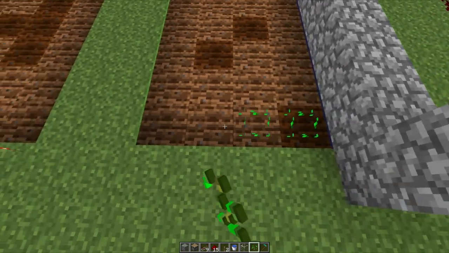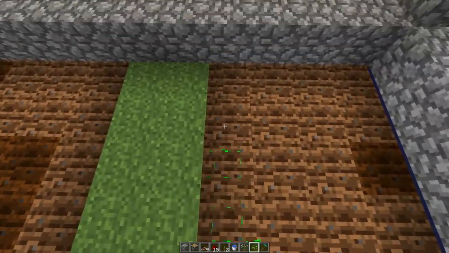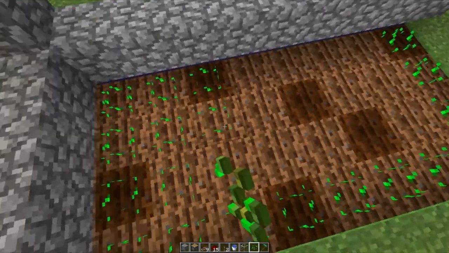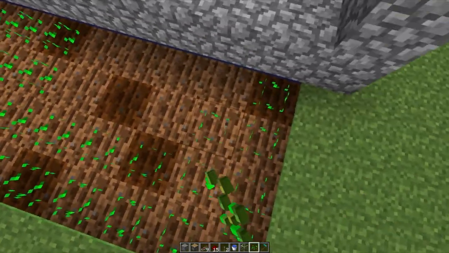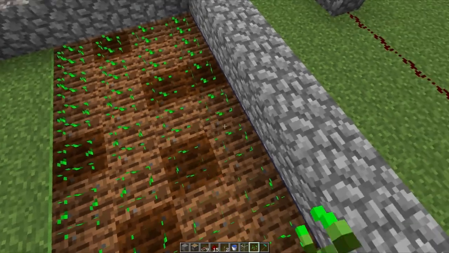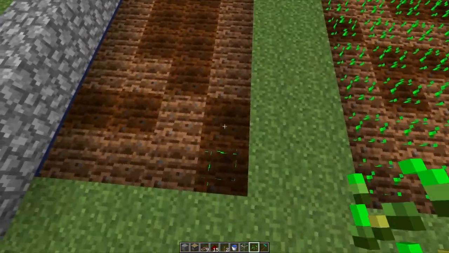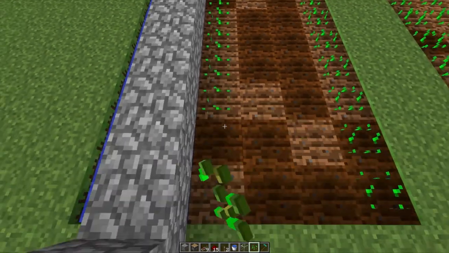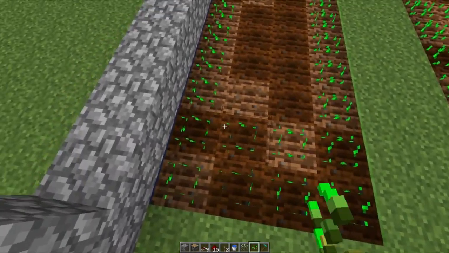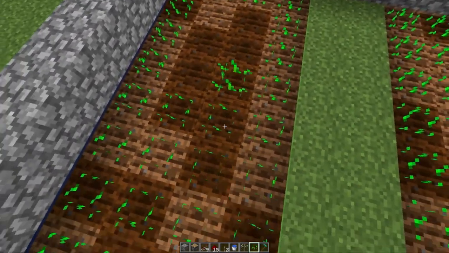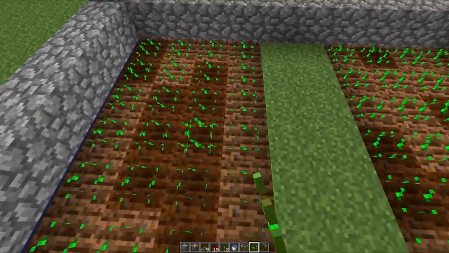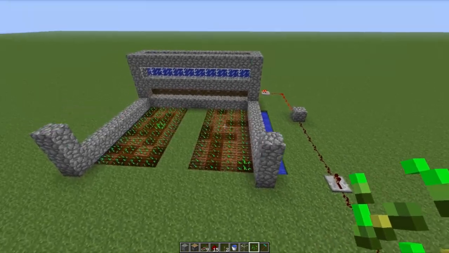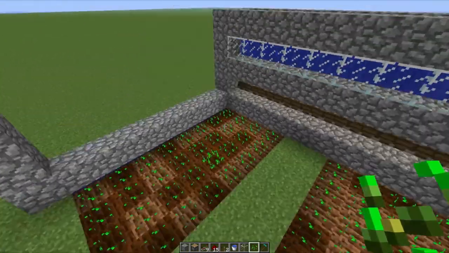So then we take whatever we want to plant, whether it be grain, watermelon, pumpkin, or whatever, and we place it in here. Actually, I don't think pumpkin will work, but we place the seeds or whatever we want to grow in our patch. And you can see that they receive water. So now our stuff is growing. And after a while, once it's all nice and grown,